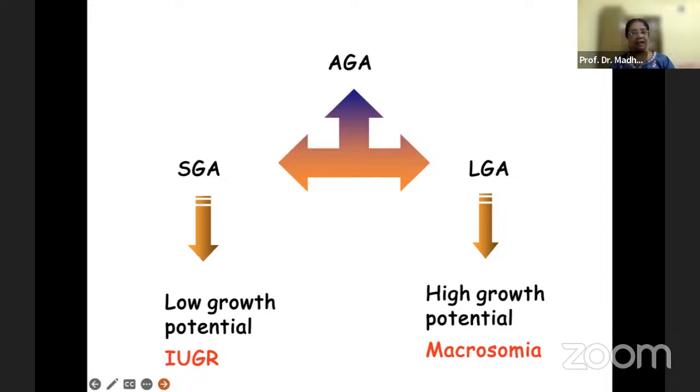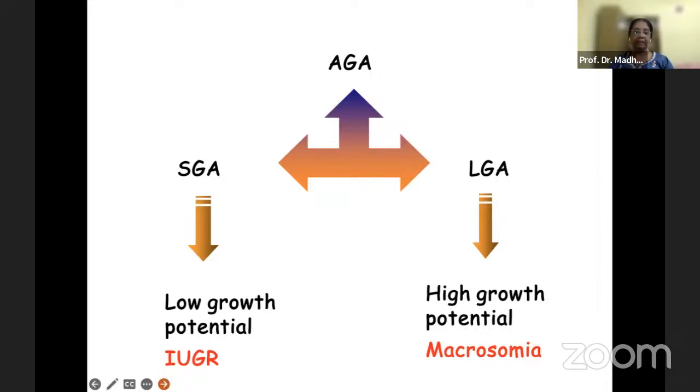They also, as I told you, there's a large for gestational age with high growth potential and macrosomia. In these big babies, always reassess, go back, check the dates. What we normally do is we always do the blood test again, especially the glucose tolerance, recheck for any impaired glucose tolerance. Because macrosomic babies also have to be monitored very carefully. And even when there is macrosomia, that means there is a problem,